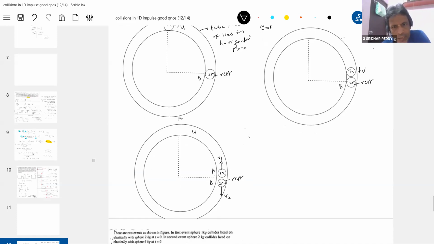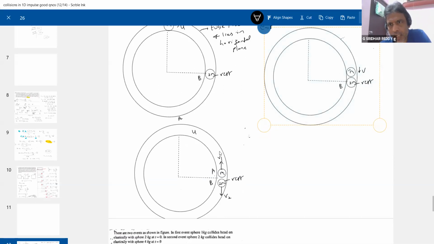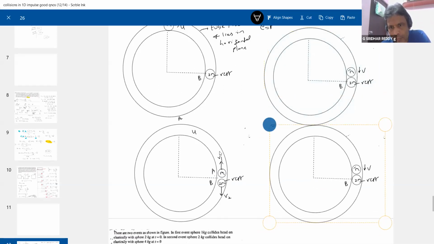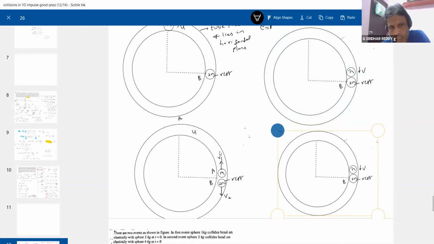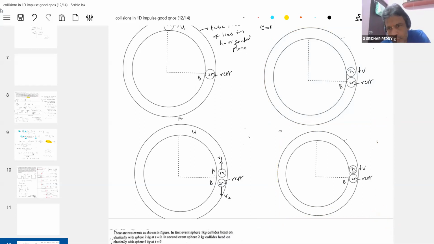Again will they collide? Yes. Again what happens? One more collision occurs. Like that I can keep on discussing the problem. Again, where do they collide? Somewhere, some position. Okay, that we have to calculate. This pipe is fixed here. The pipe will not move. Okay, let's calculate v1 and v2 first. How to get that v1 and v2?